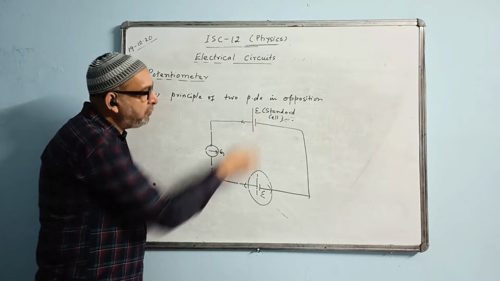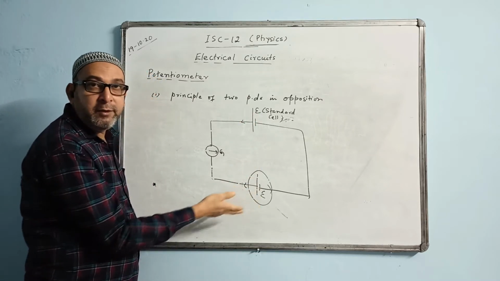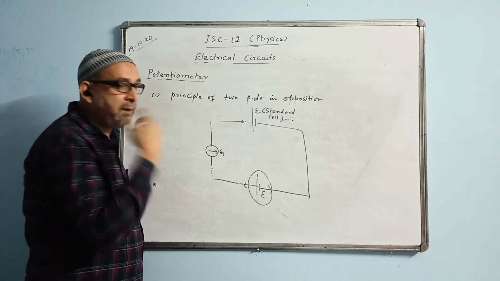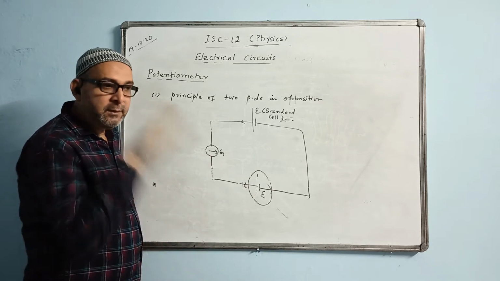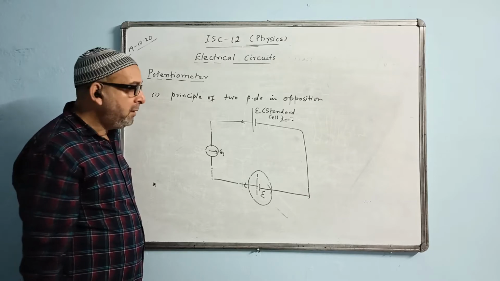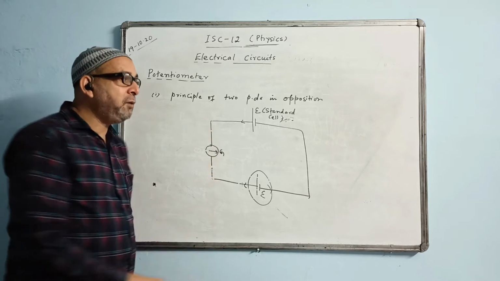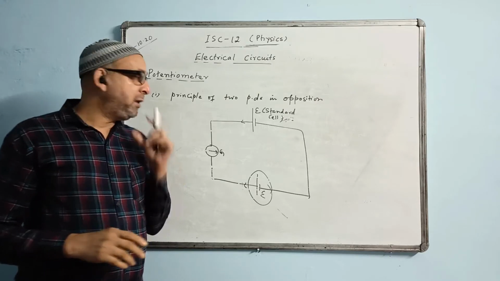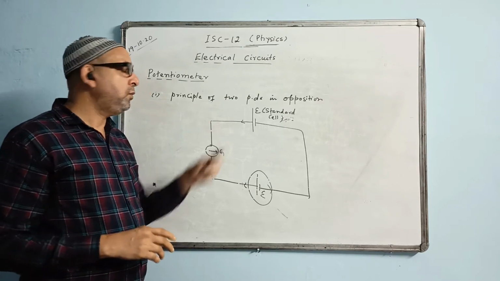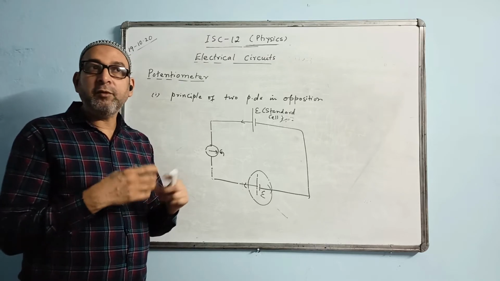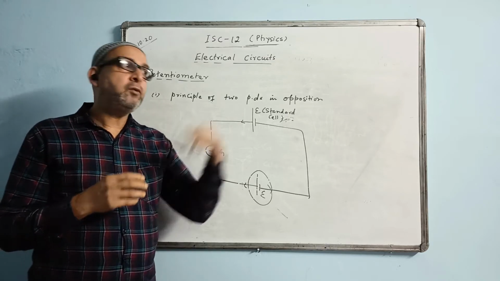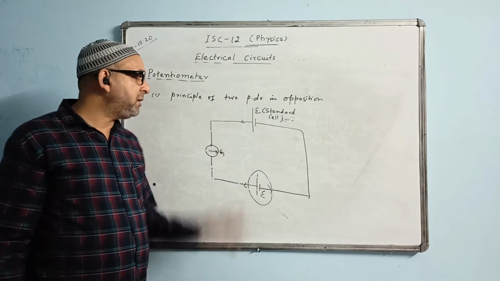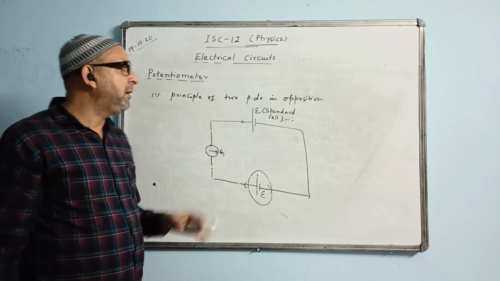If it is 1.5 volts, it may be 1.6, 1.8 or maybe 2 volts. That means the EMF of this cell has become higher. They need to reduce the EMF. So that is the technique they use. The cell manufacturing companies use this kind of technique before they bring those cells into the market. So that is the first principle.